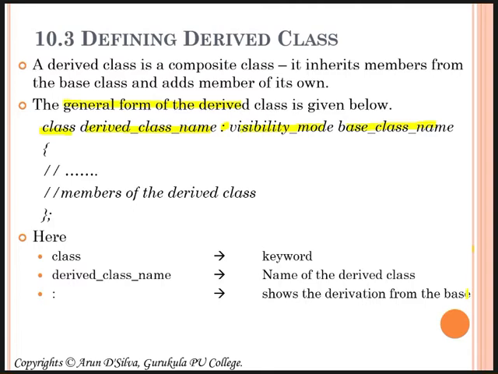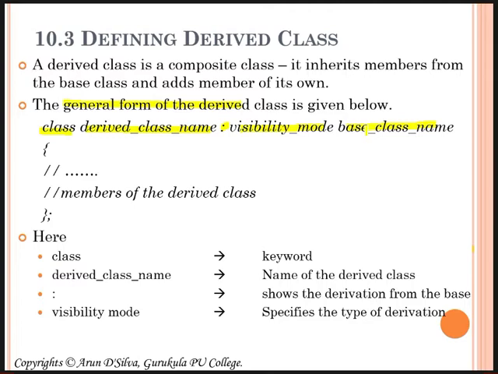The next comes the visibility mode. Now you are inheriting properties, so you have to make use of a visibility mode. There are three types of visibility modes, just like access specifiers: public, private, and protected.